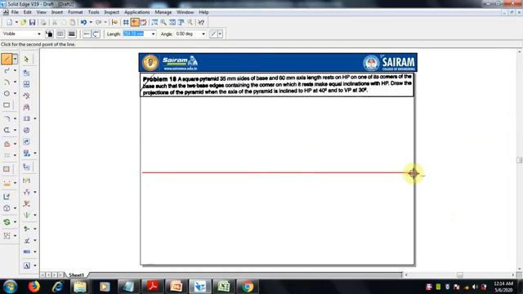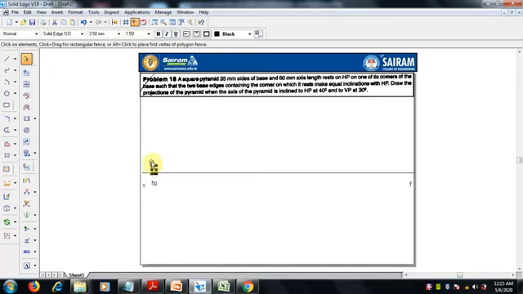Draw a line here and mention XY reference, and here above XY is VP, below is HP. So VP and HP are over.